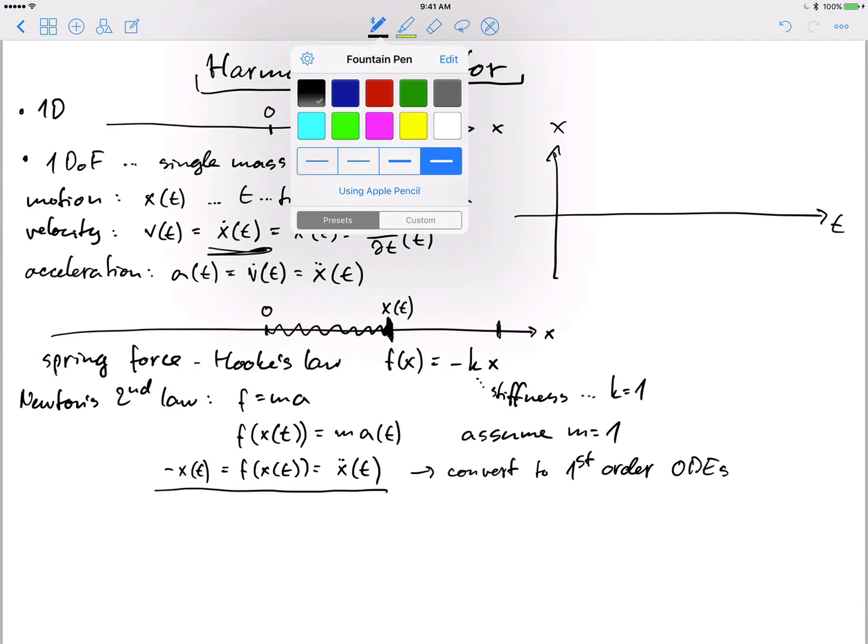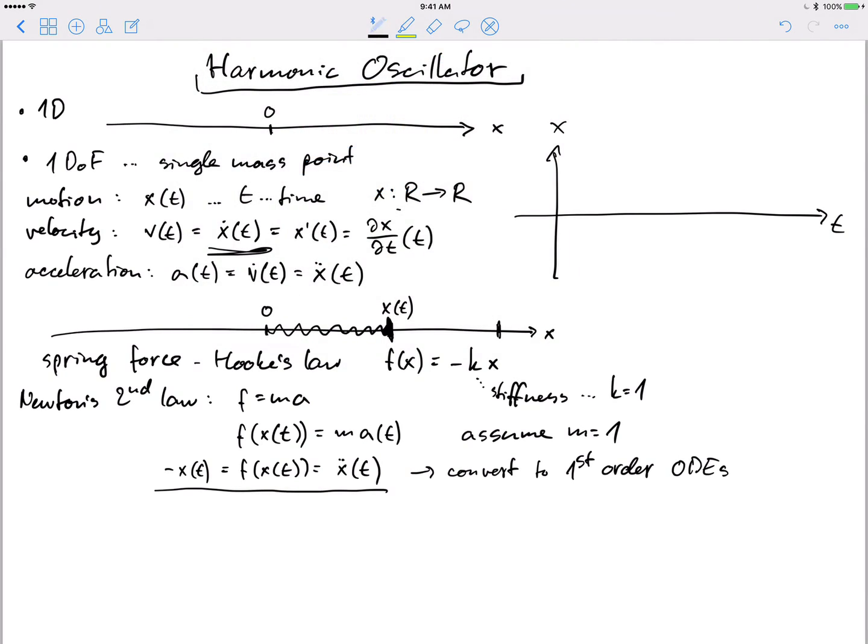The way to do this is by introducing the velocity. We already talked about the velocity. What we established before is that the first time derivative of the position is velocity, right? And the trick of converting the second order ODE to two first order ODEs is to add exactly this equation as an additional equation, okay? Because if I do that, then instead of x double dot t, the second differentiation in time of x, what I can write instead, and that's really where the trick comes into play, is the derivative of velocity,